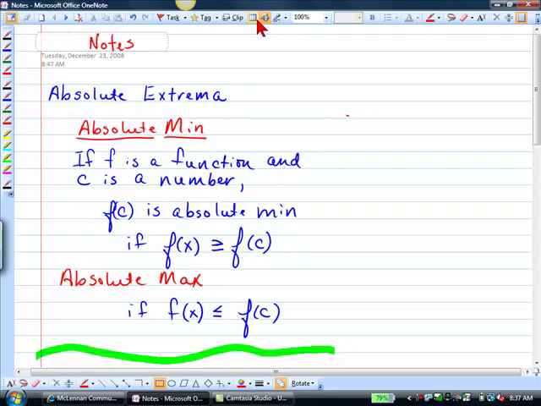That should make sense. If the whole function's greater than that f of c, then f of c is a min. And likewise, it would be a max if f of x, everything else, is less than f of c. Does that make sense when you hear that or think about that? I know you try not to think about it, but